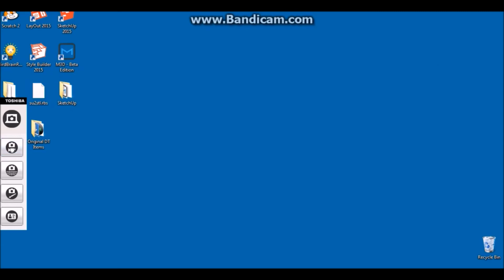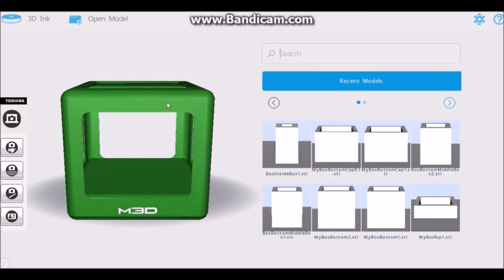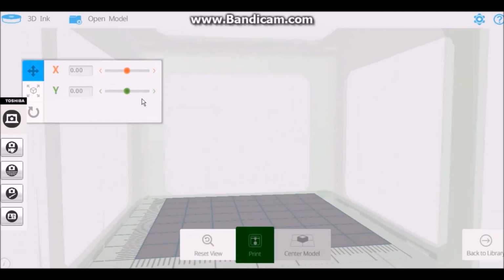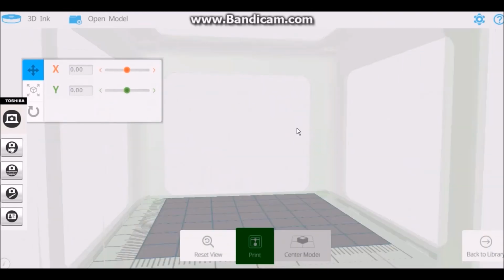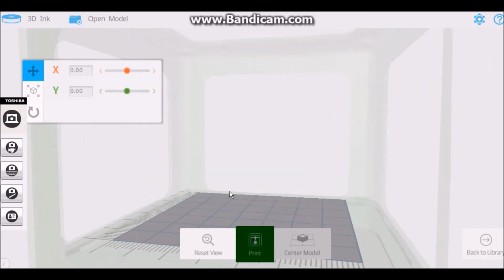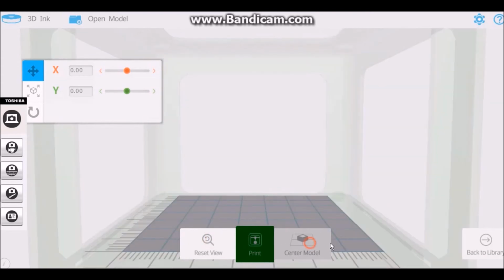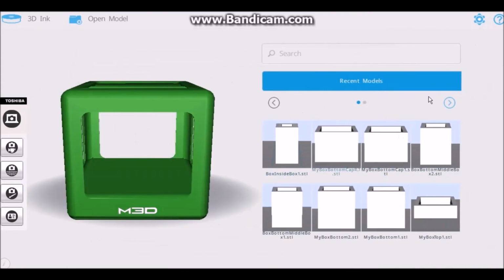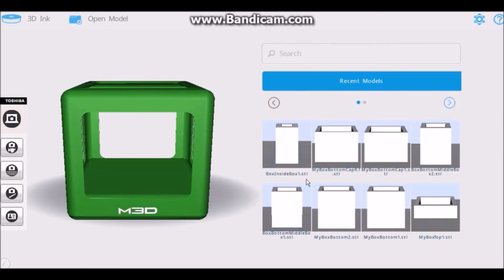Once we have this M3D software, if I click on this little M3D guy here, it brings me up to here so I can actually see the print plate right there, and I can adjust my model if I have a model in there. Reset the view, center the model. So over here, you'll have recent models. I've printed a lot of stuff, so I have this,